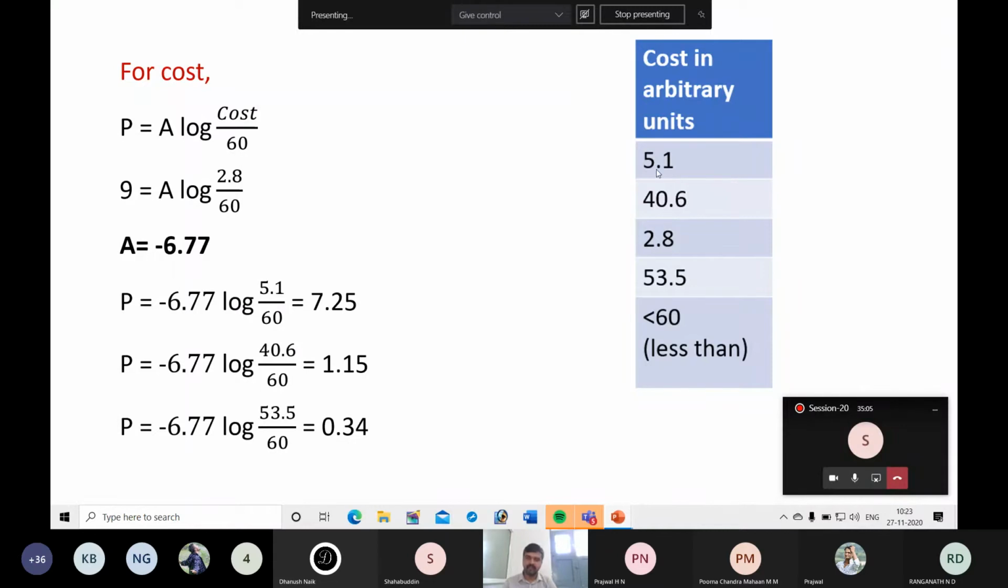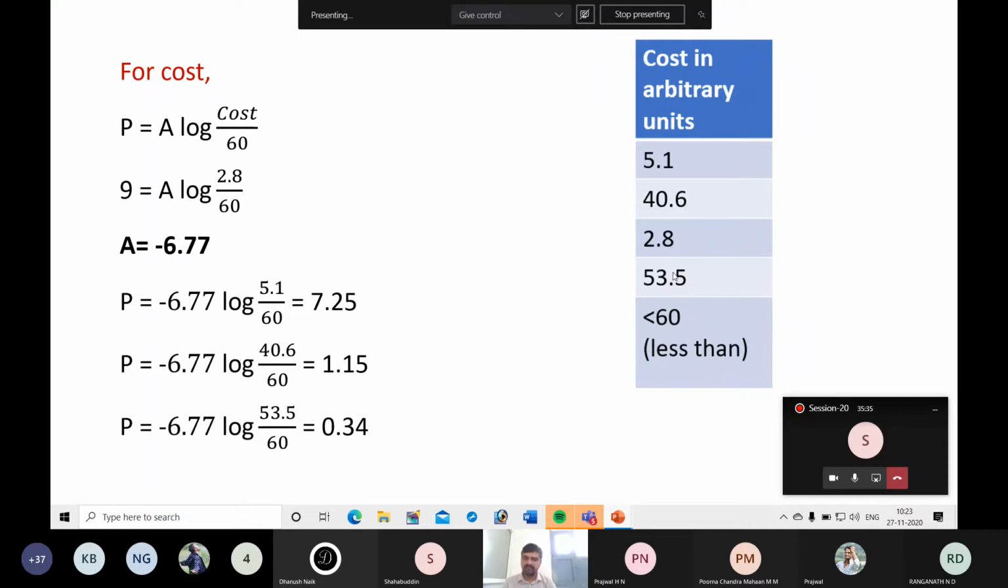Preference number for cost 5.1 is 7.25. For 40.6 it is 1.15. For 2.8 it is 9. Then for 53.5 it is 0.34. Okay, these are the preference numbers. By looking at the values you can see that for 2.8 it is 9. Next least value is 5.1, that is 7.25. Next least value is 40.6,